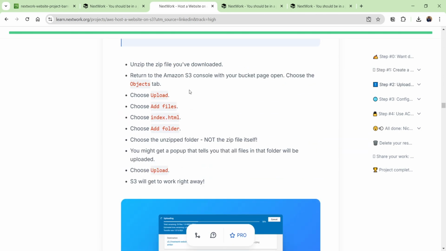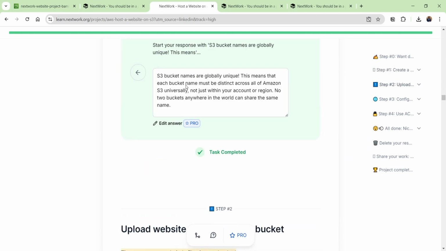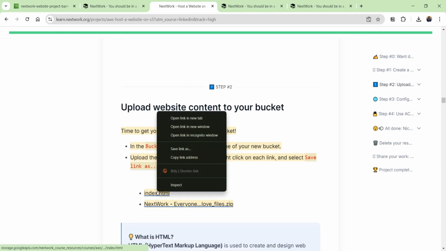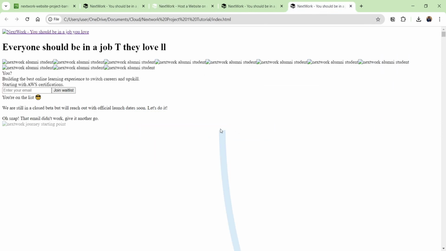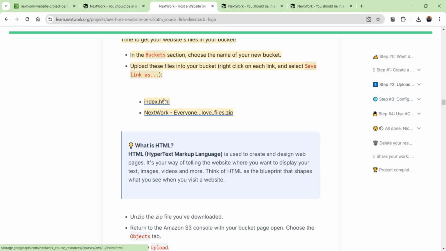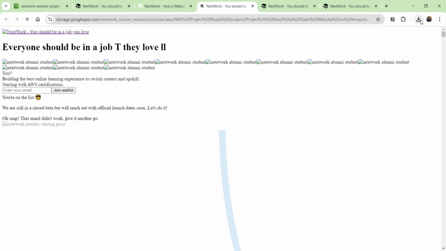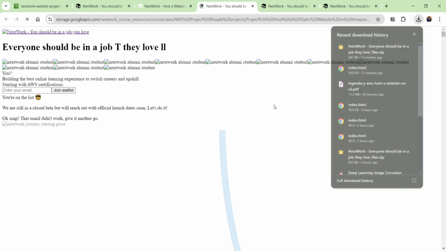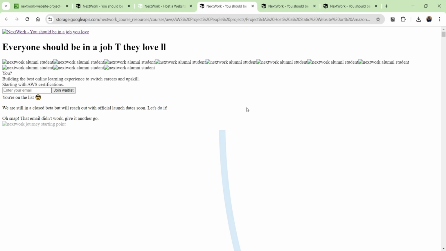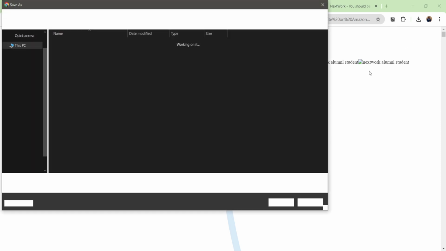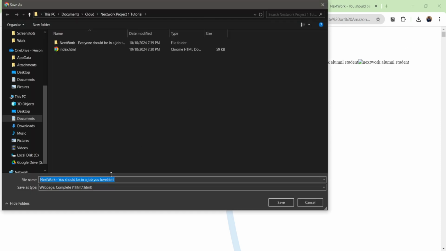So you come here. If you open this in a new tab, and then you try to download this page, you use a Control S. If you try to save this page like this, and you call it